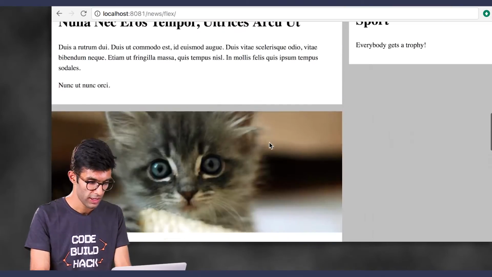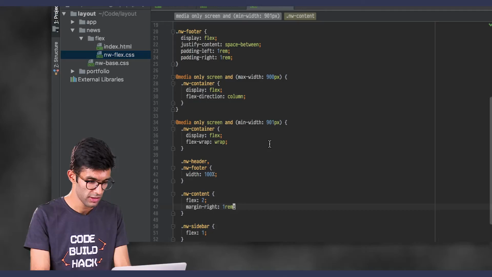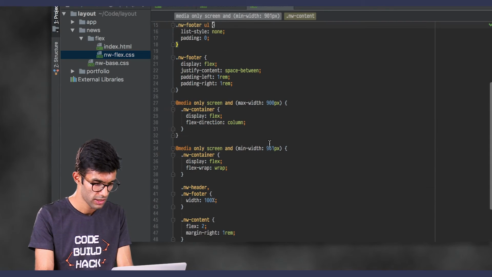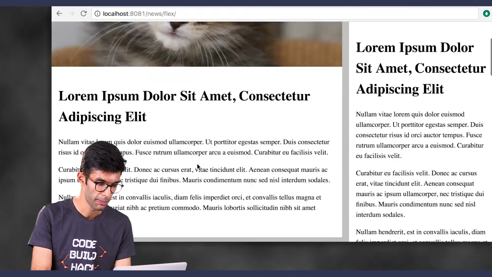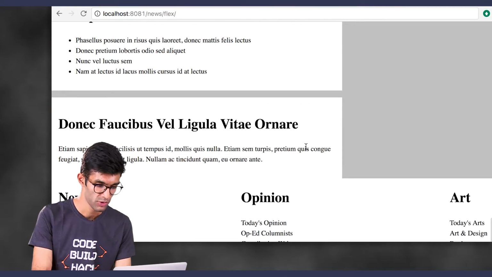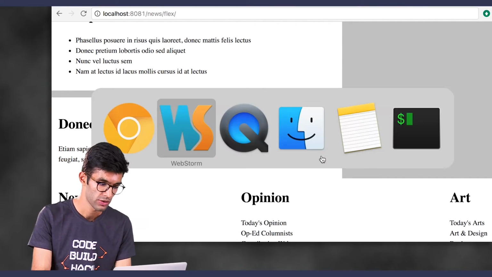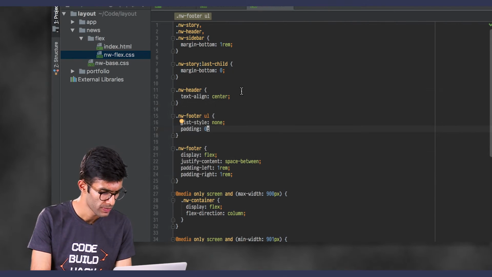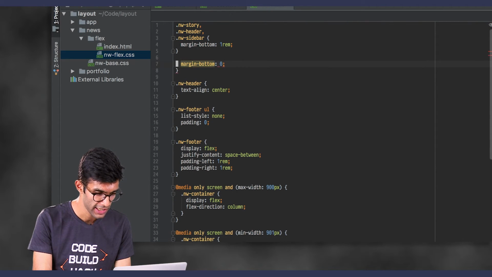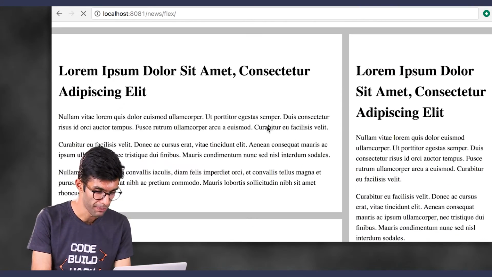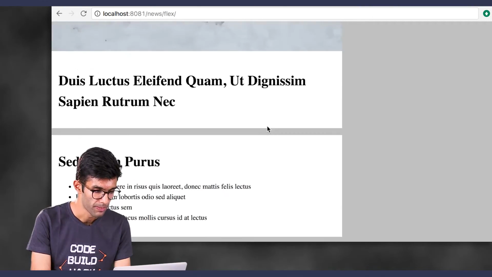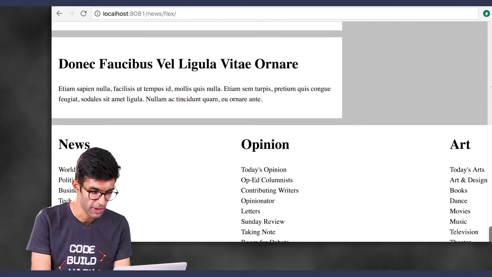And now let's add a bottom margin. All right, so now let's look at the page. There seems to be a missing bottom margin here. So let's go back to our code and let's just give every single story a bottom margin of 1 rem. This fixes the problem. And because margins collapse,